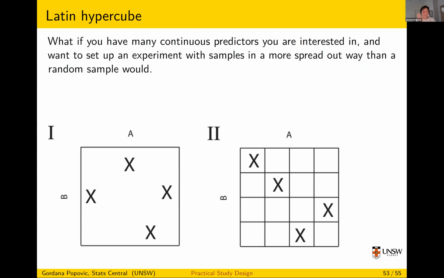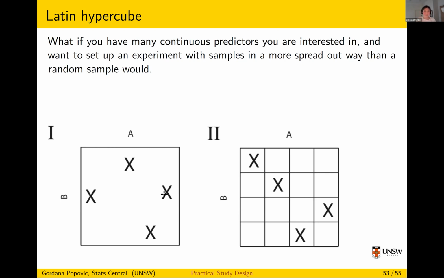Sometimes you want to sample in an area, for example, or you want to choose people according to some criteria, and you want to do that in a more balanced way. So we can think about this as an area. This is latitude and longitude, and we only have 4 samples. So we're going to randomly sample in this area. We might end up with a not quite balanced sample.